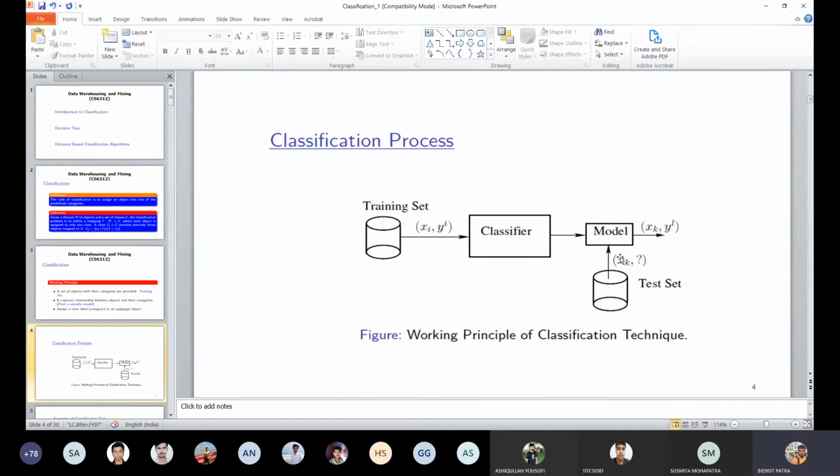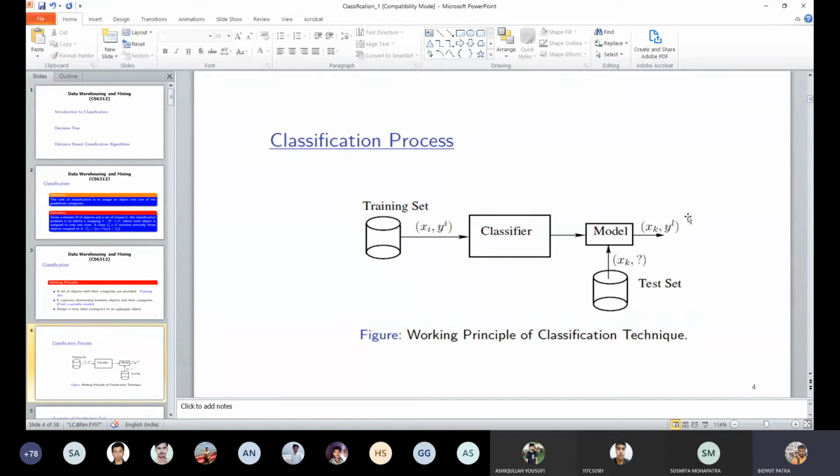What do we know? We know the same set of features. Essentially xi and xk will have a similar kind of features, not exactly the same. Once we put this information into the model, it gives the class level. The unknown object which did not have a class level, now we got the class level.